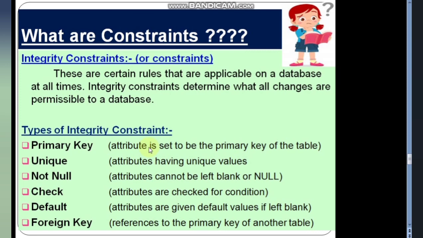That means every student can have the same admission number, every student can have the same name, every student can have the same marks in a table. So there is no use of that database. There is no use of that particular table where you do not have any primary key. Though you can create a table without any primary key, and later on you can add the primary key constraint.